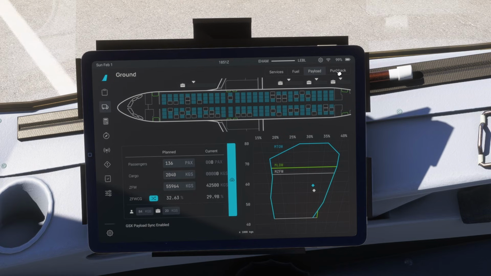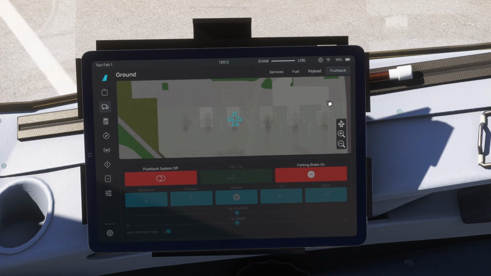And then a nice thing is the pushback, because you can also manage a pushback truck from within the EFB, right? You can set a pushback system, you can switch it on or off, and then you can say, let's say, use the system here. But if you've got GSX, then you might not want to use it, but it really depends on what you